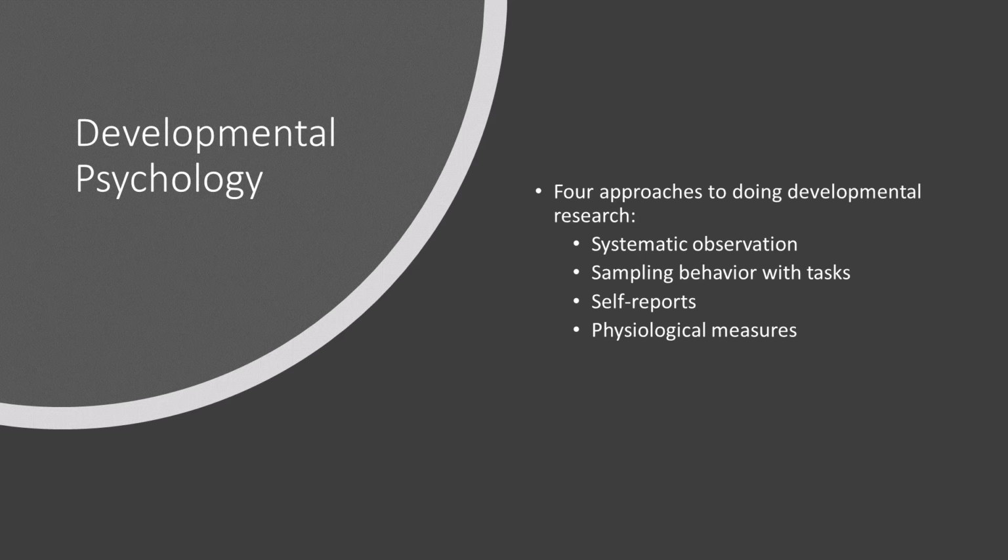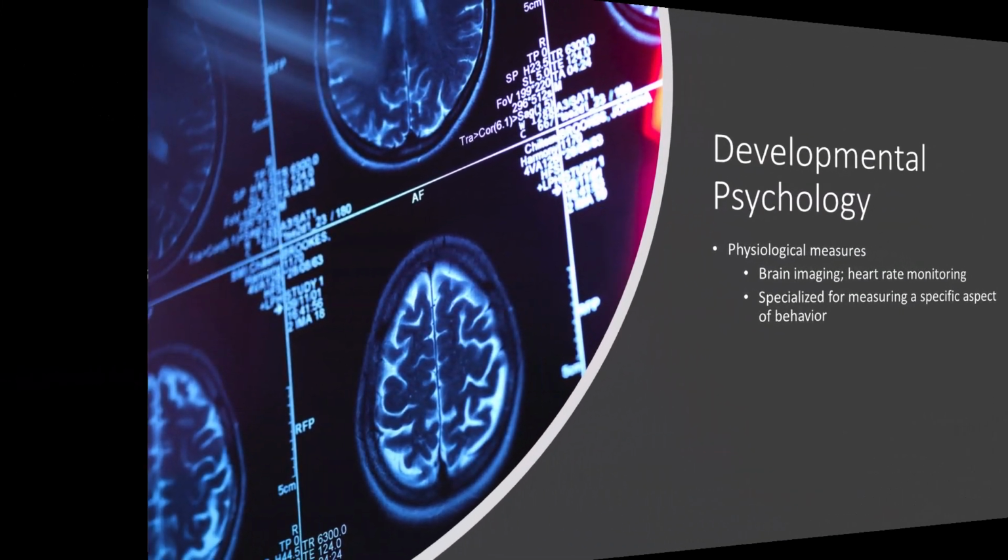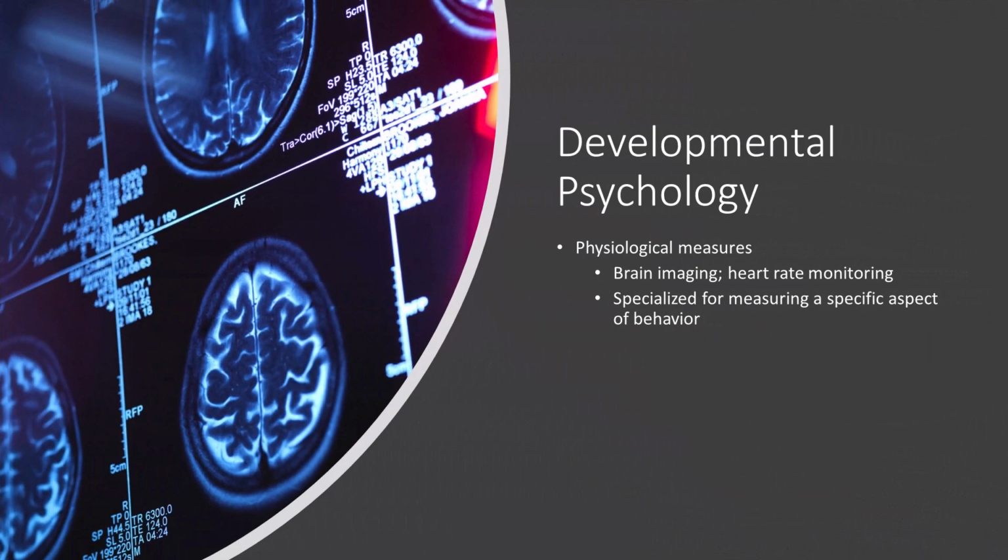Now, the last technique I'll talk about in this video are physiological measures. You could use brain imaging like fMRIs, functional magnetic resonance imaging. You could just use a heart rate monitor to look at heart rate changes. There are many tools you have. There's an EEG to look at brain waves. There's also magnetic resonance imaging, which is just like a picture. Again, there are many different tools we can use to look at physiological measures of human development. And this, again, I think is an emerging field and has a lot of promise to answer future questions.